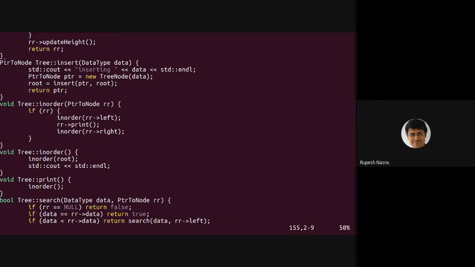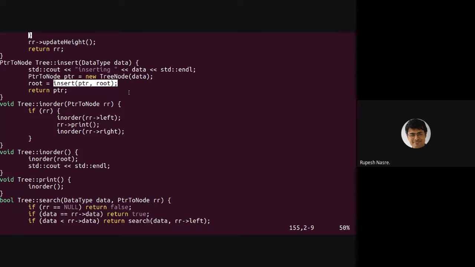Let's look at the insert. Right? What does insert do? It creates a new node and then inserts that node at the root. And that can actually change the root, which was not possible in case of BST except for the root. Right? There also we had root equal to insert PTR comma root. So except for the base case where the first node is getting inserted, it would not result in change of root. However, our AVL insert will, in more cases, will possibly result in change of root whenever there are rotations